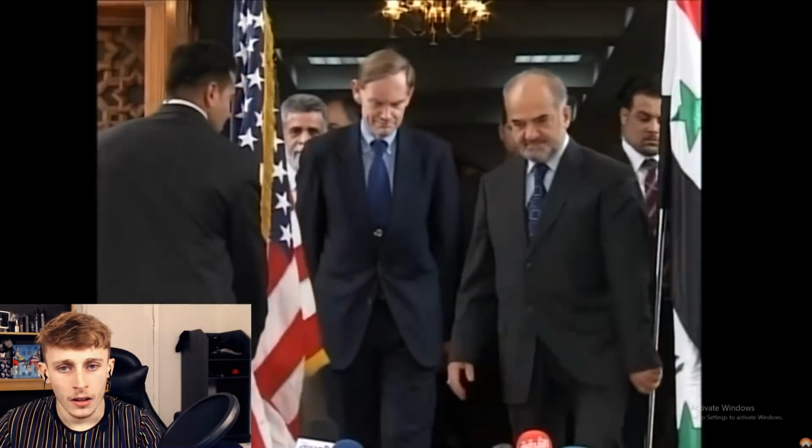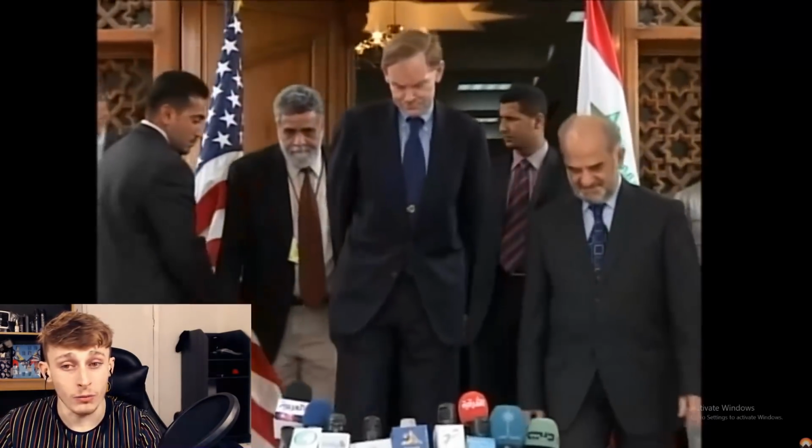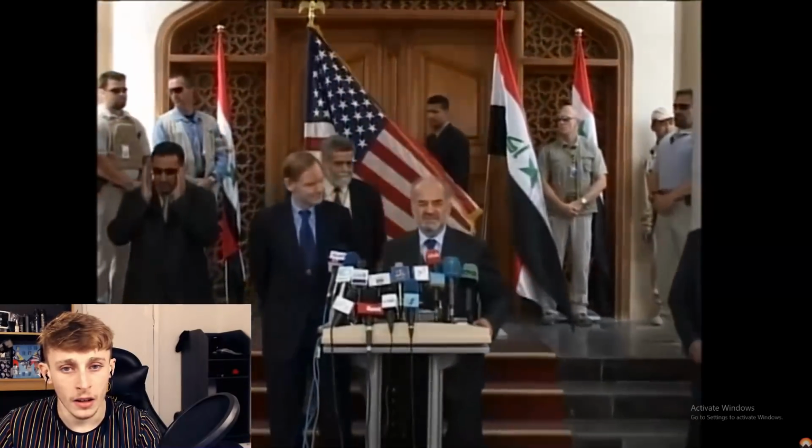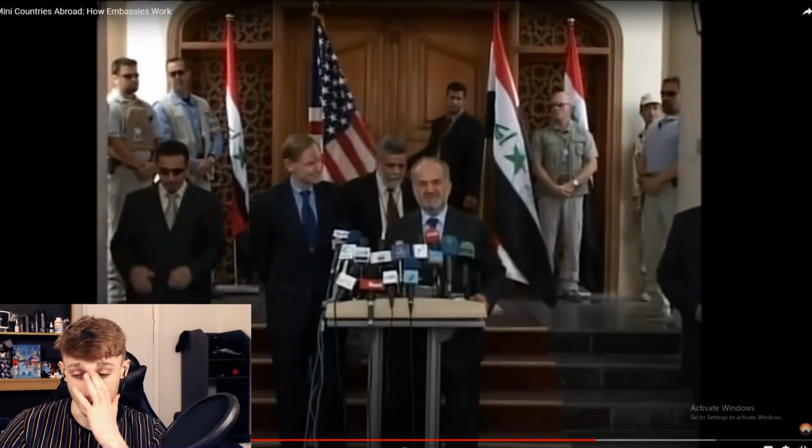Unlike in most cities where embassy staff just live in normal housing in the city, this embassy has its own block of fortified apartments. Even during